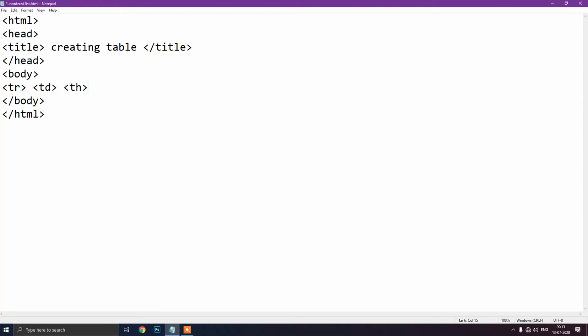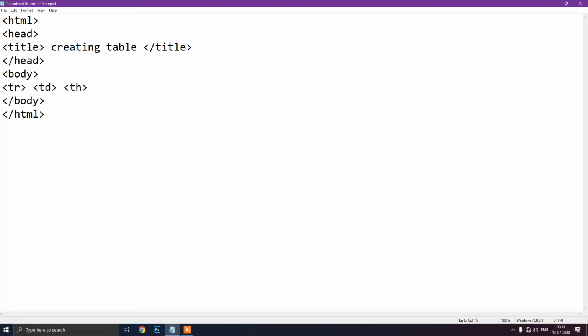Now what is the tr tag? The tr tag is used to insert the value row wise. If you want to insert the value row wise in a table, then the tr tag is used. Then what is the td tag? The td tag is used to represent the individual cell values in the table. If you use one tr tag, then you will create one row. If you want to create a second row, then again you have to use the tr tag.